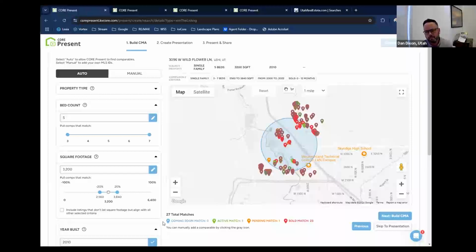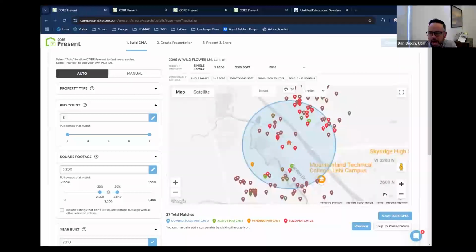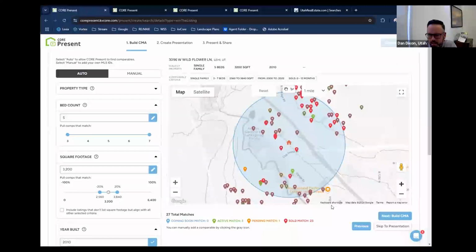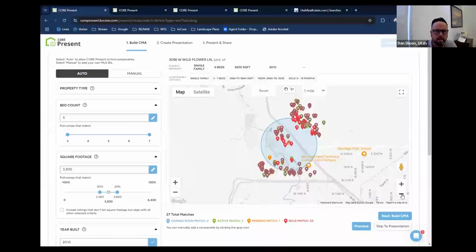Awesome. So one of the features I really like about kvCORE is this mapping feature that is highlighted right here. If I were to run comparables on the MLS, and I would say a mile radius around the subject, it's that little orange house right here. I wouldn't catch these comparables that are outside of a mile, right? And maybe that's good, maybe that's bad. But one of the reasons why I like this home as a CMA is because I want to catch some of these homes that are just outside of a mile. And if I only did a mile search radius on the MLS, I wouldn't see these.